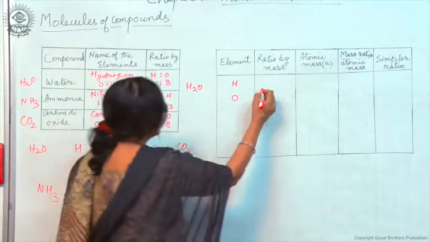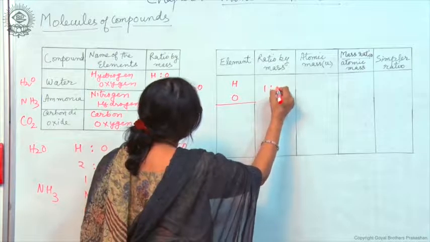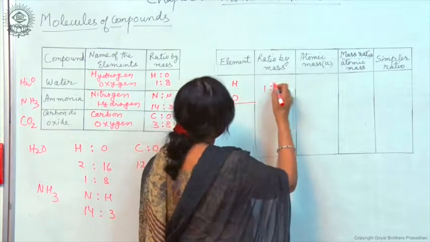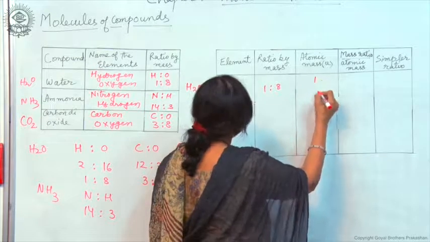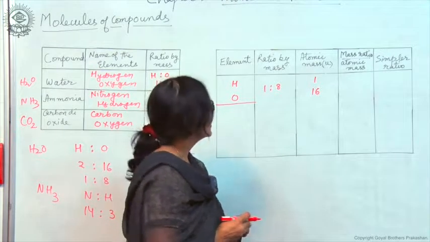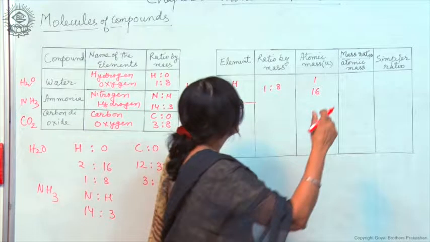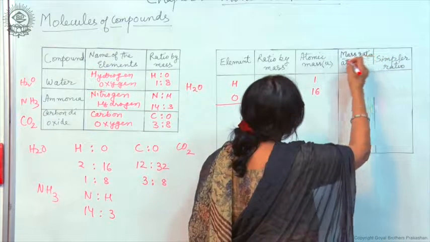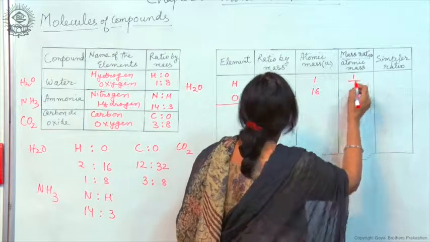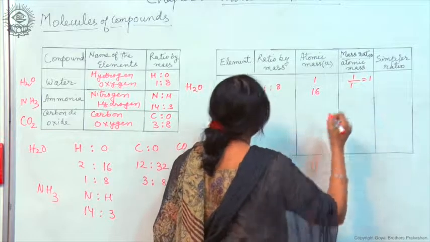So, let us write it here. It is 1:8 by mass. Now, the atomic mass of hydrogen is 1 U and the atomic mass of oxygen is 16 U. You already know it. And how to find out the simpler ratio? The mass ratio is divided by the atomic mass. So, 1 by the atomic mass of hydrogen, that is 1, it becomes equal to 1,